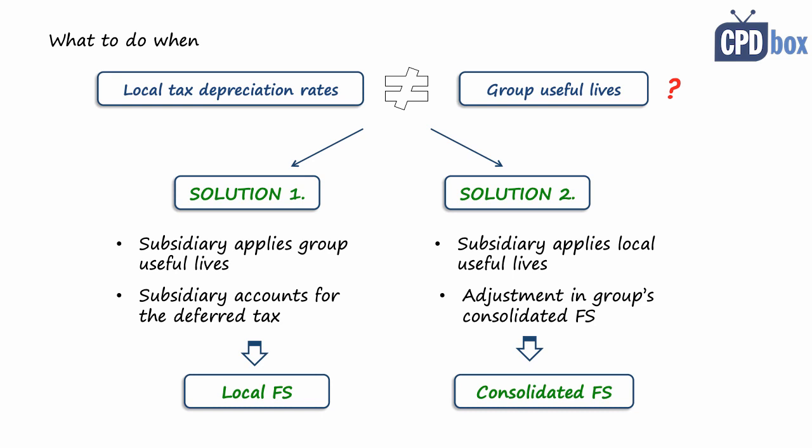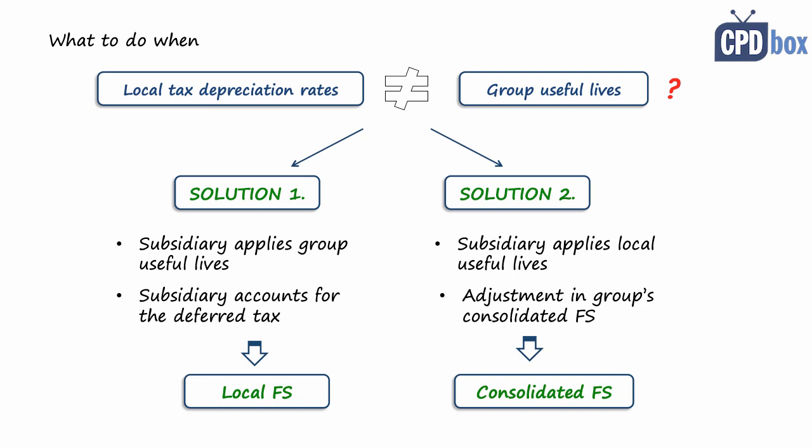Well, the easiest approach is probably the first one, when the subsidiary just applies the group's rates in its own local accounting books and makes the adjustment for the deferred taxation. Yes, I said earlier that in this case, property, plant, and equipment might not reflect the subsidiary's own reality. But if the subsidiary doesn't need to submit financial statements to a public market or stock exchange, and reports just to the tax office and to the parent, then it would probably be okay and acceptable.